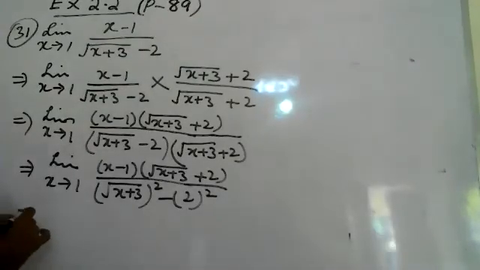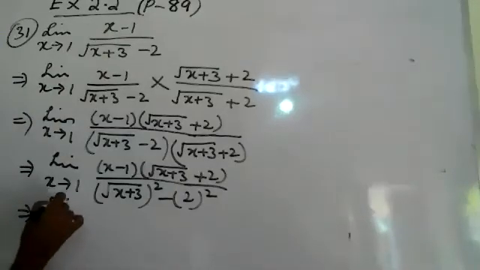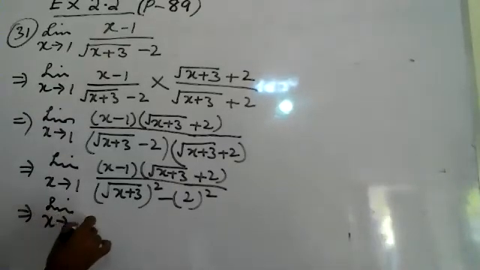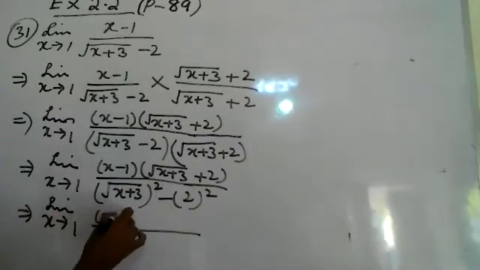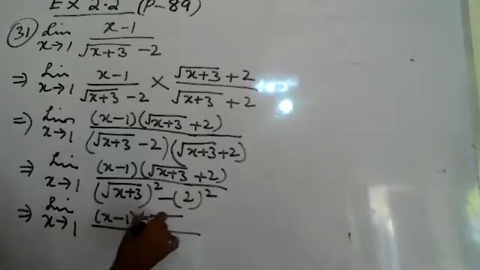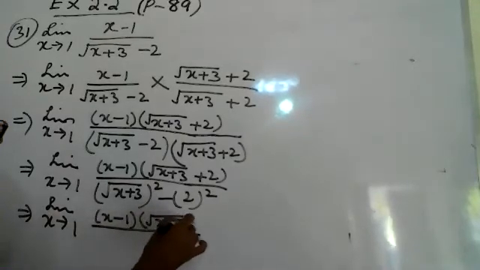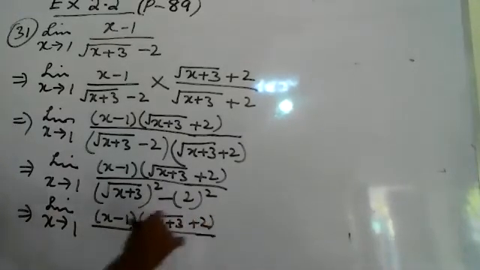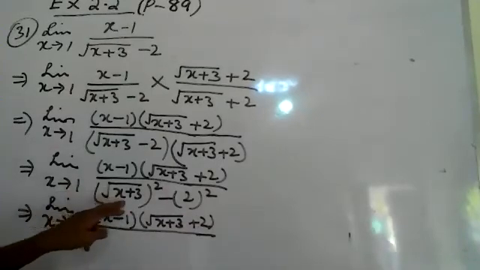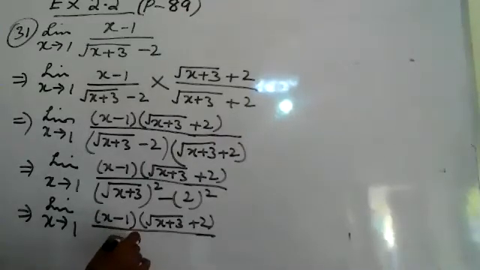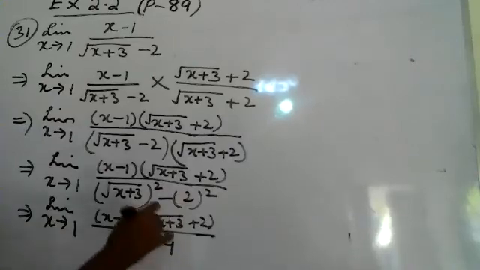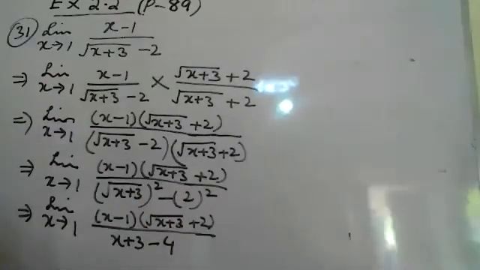It will become limit x tends to 1. Upper remains as it is. Lower: under root x plus 3 whole square will be x plus 3, square and under root cancel. Minus 2 square will be 4. So it will become,